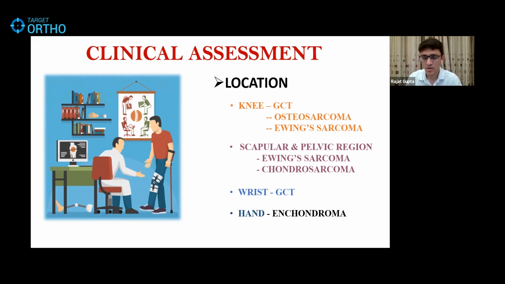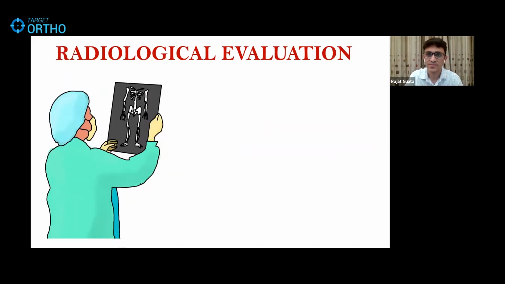Similarly, if an adolescent walks into your OPD with a large swelling in the knee, you straight away suspect that it could be some sarcoma, maybe Ewing's or osteosarcoma. So age, location, the type of pain, everything put together gives you a fair idea of what the lesion could be even before you look at the X-ray.